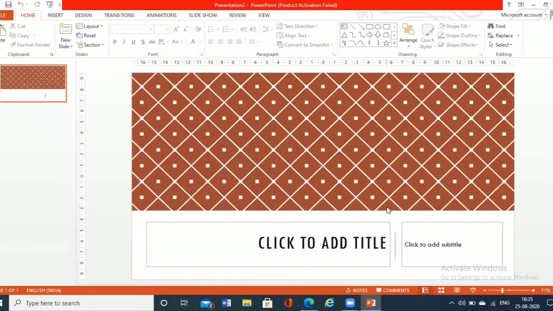Okay, so this is the particular theme or template which I have chosen. What is a template? A template is actually a pre-designed presentation. Pre-designed means it is designed beforehand, the theme of the presentation is already designed, which includes custom formatting and design. Custom formatting means you can add your own designs and formattings into it.